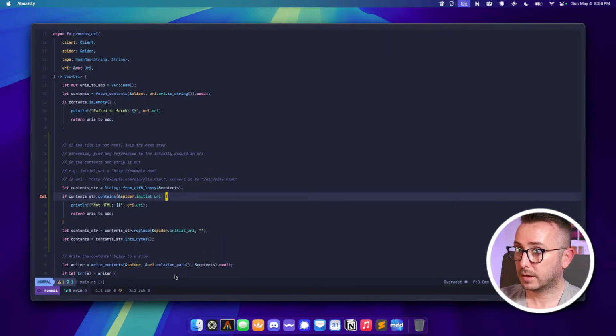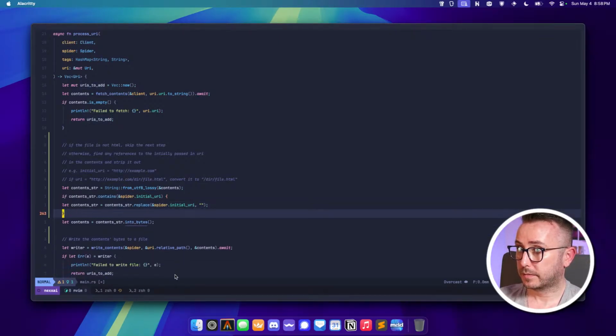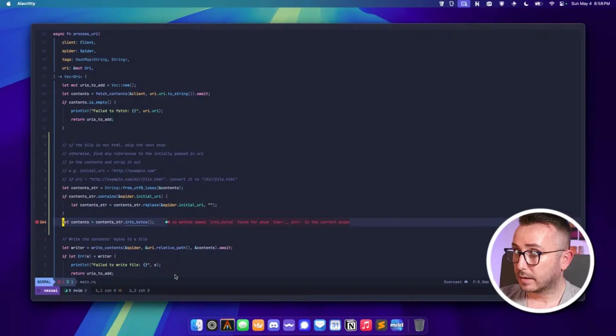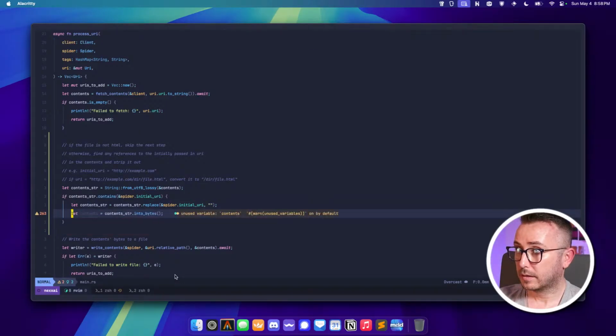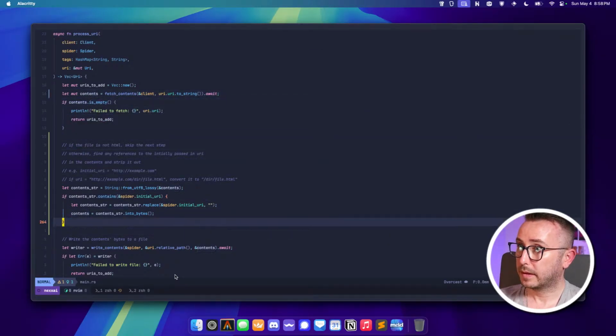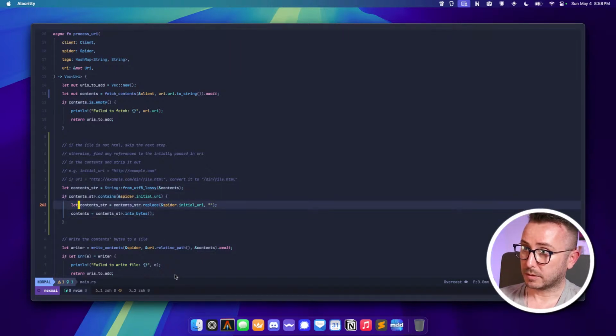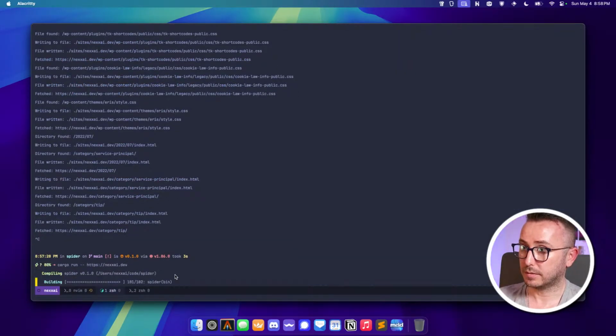Why is that not working? We're going to put this up here. Unused variable contents. Okay, make this mutable. Okay, so let the content string like this. If it contains, then we want to replace that. Otherwise, nothing. It should just skip that part. So if we run this now,